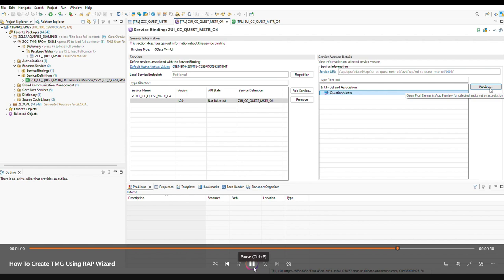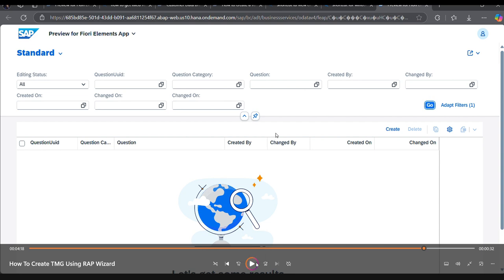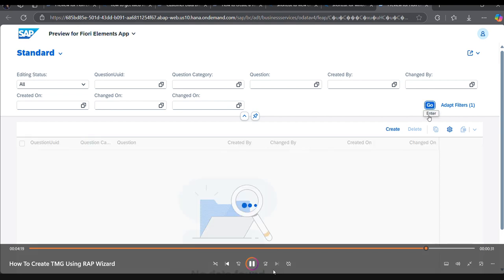Let us preview the generated application. As we can see, very nice list report with the filters app generated.